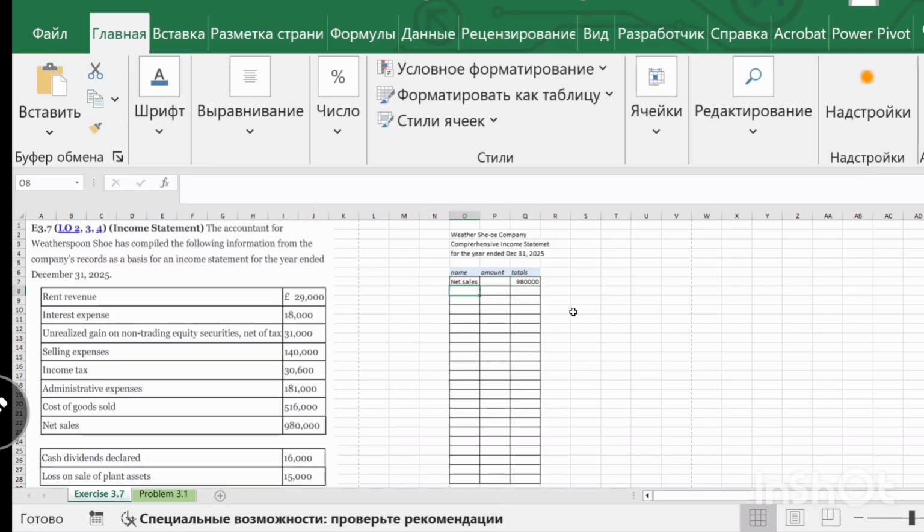After net sales, usually we have costs, which is cost of goods sold, meaning the cost of producing our products. The cost of goods sold is 516,000. We should also remember that our cost is negative because it's our cost. And after it we have